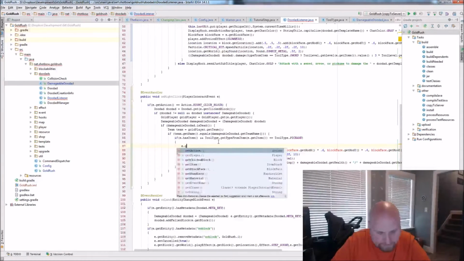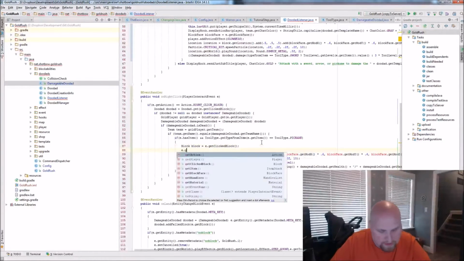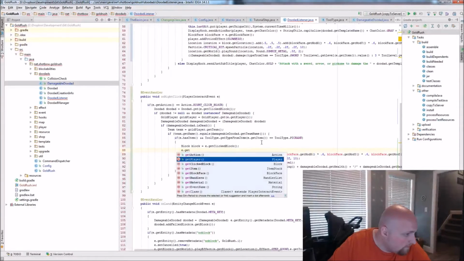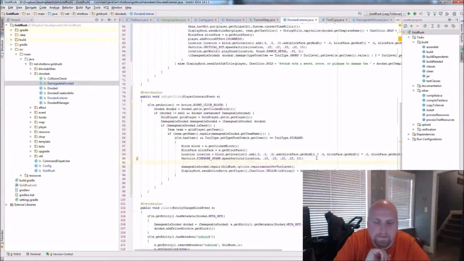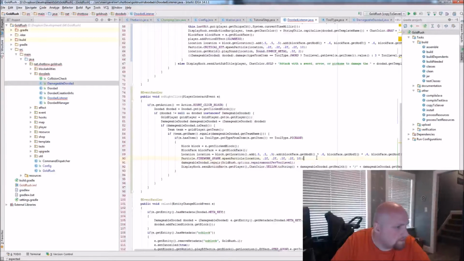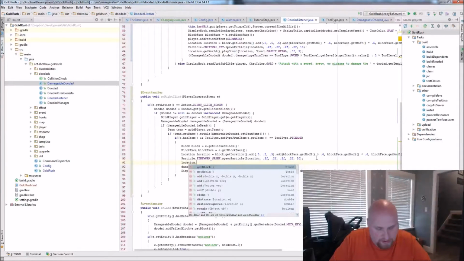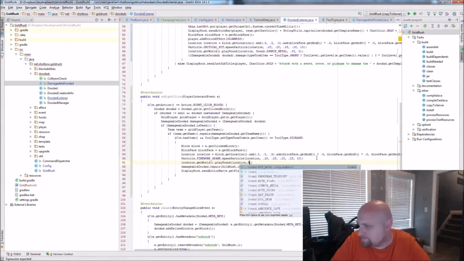Okay. This is happiness. Oh, I need to go get face. There we go. Block face. Okay. And then I don't want critical hit. I'll do firework spark because critical hit's used for when you're damaging. Happiness, and then do sound dot location dot get world play sound location.